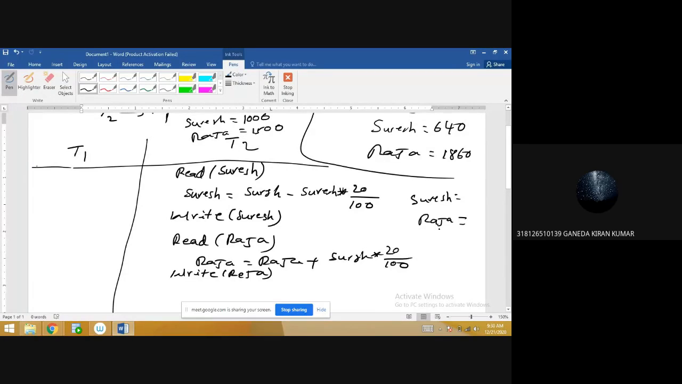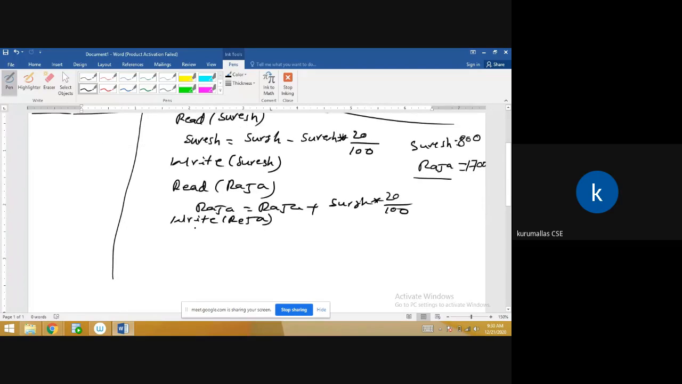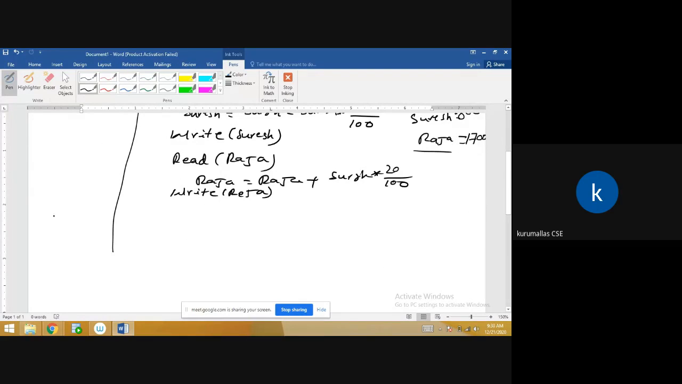800 and 1700, sir. So the Suresh amount is 800, and the Raja amount is 1700. Okay, 1700, right? So after this, if you start T1,